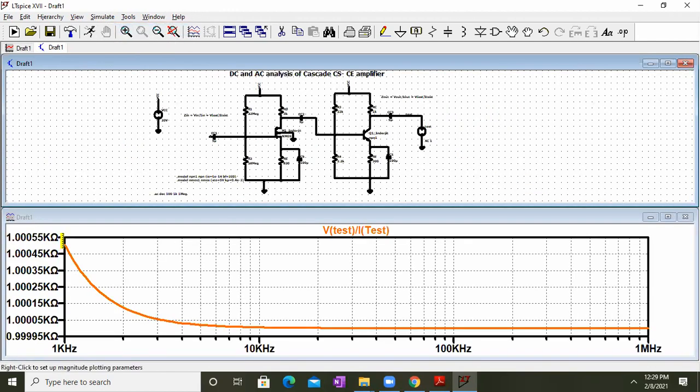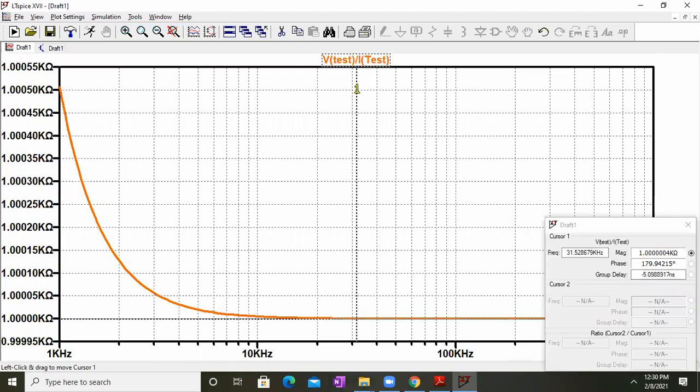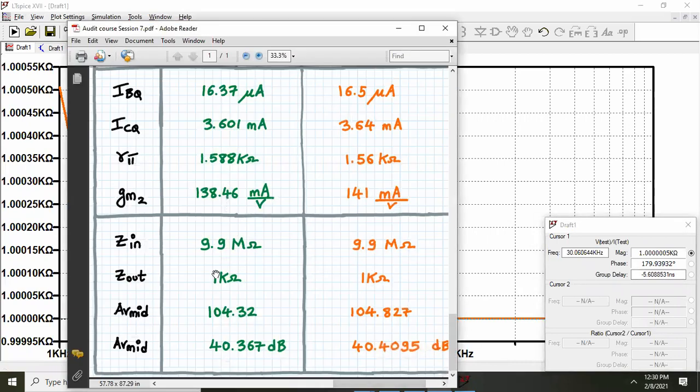Here it is. As you can see, this output impedance is dependent upon frequency. As frequency is increasing, it remains more or less constant. Around 30 kilohertz. Why 30? Because we have applied the input at 30. At 30 kilohertz, we are getting the value as 1 kilo ohm. As you can see very clearly, 1 kilo ohm, and we are getting over here Z out also as 1 kilo ohm. So that completes the entire analysis